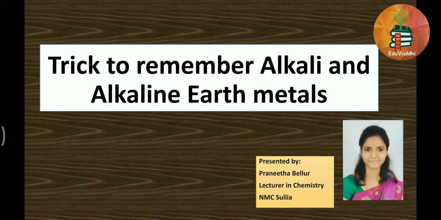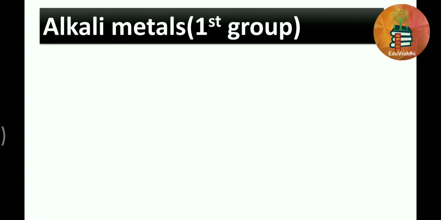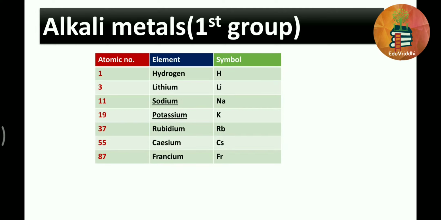In this video, we are going to study the trick to remember alkali and alkali earth metals. Let us start with alkali metals, which belong to the first group of the periodic table. And these are the elements which are present in the first group, that is hydrogen with atomic number 1 and